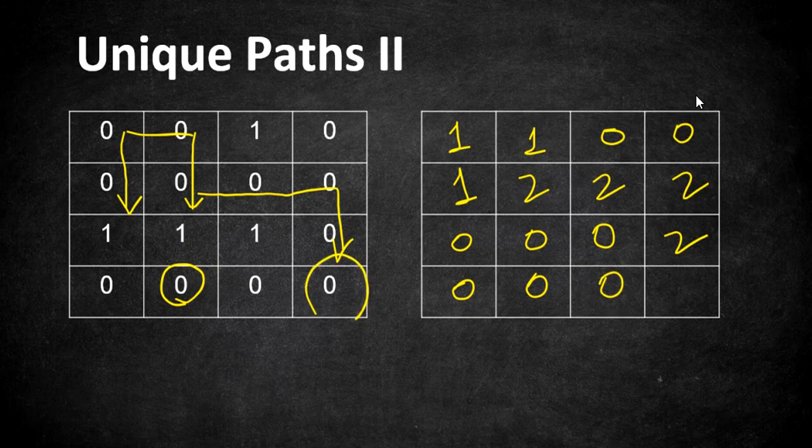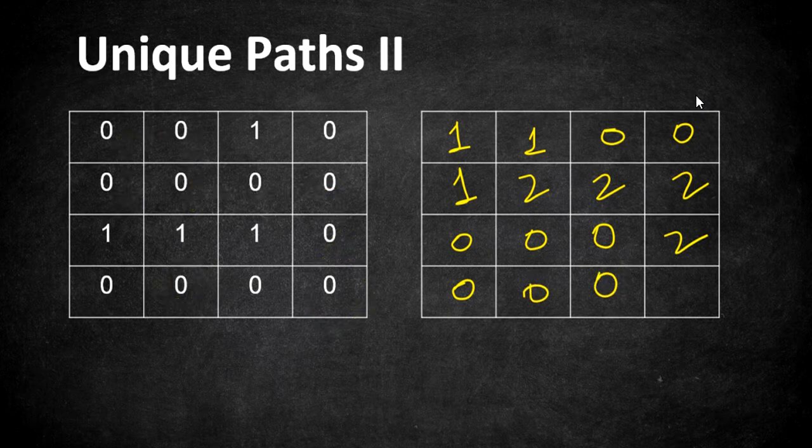Finally, the last cell, which is our target, what are the possible ways to reach that cell? Now we are going to start from our top left corner. If you move right, down, there is one way, and move down, right, down, there is another way. So again, it is going to have two possible paths. Now we understand what we have actually filled in these cells.